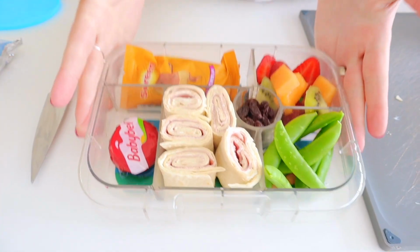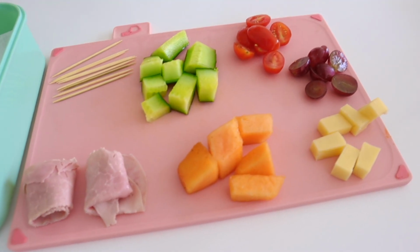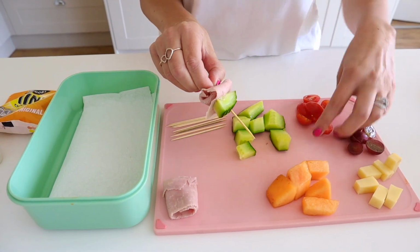And you can do so many different things in wraps. Another really nice and easy idea, which is similar to the bento box idea, is to make kebabs or skewers. So I'm going to use these little toothpicks today, and they look adorable and they're super quick to make as well. I feel like this lunch idea looks a little bit extra, but in reality, it is so quick